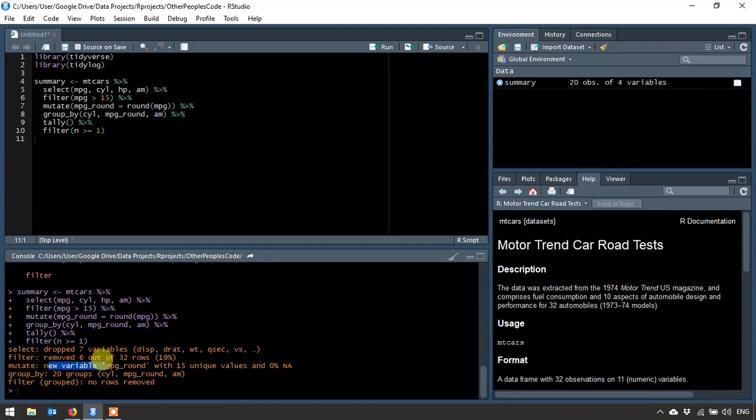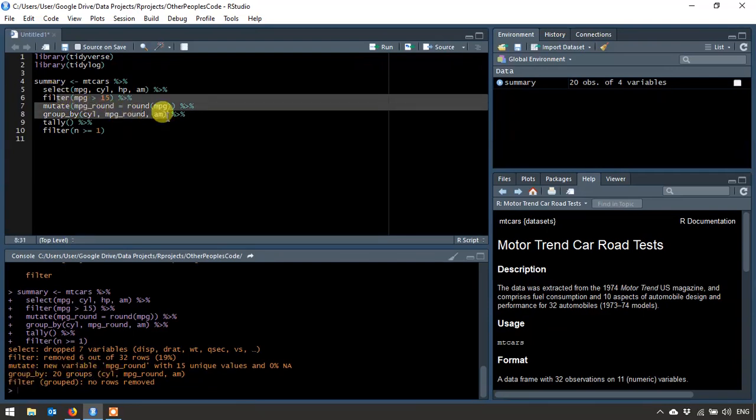Mutate, so it added a new variable. This miles per gallon round was 15 unique values, 0 were NA. So again, you can check if any of your data is somehow breaking and that those breaks are being transferred through your new operations. Group by created 20 groups, and here, so what was happening is they've created these groups